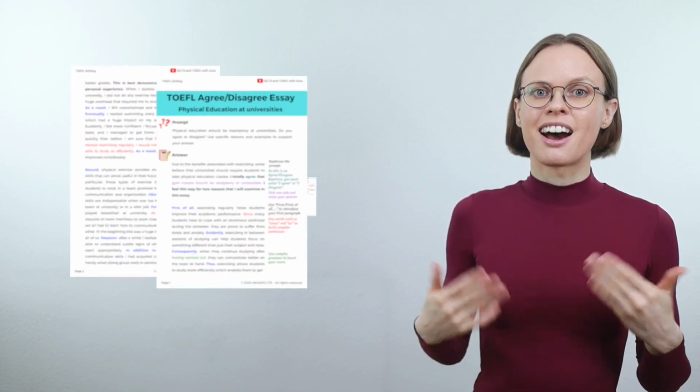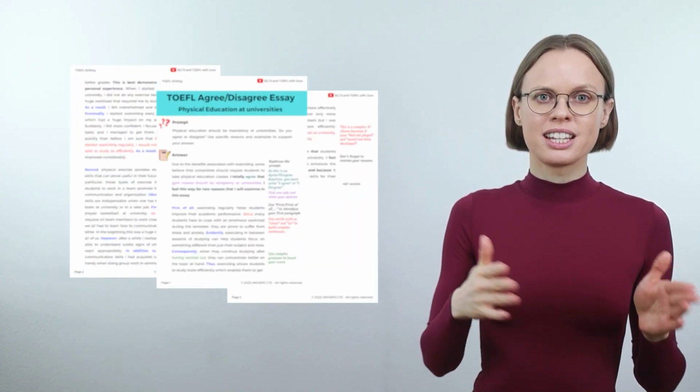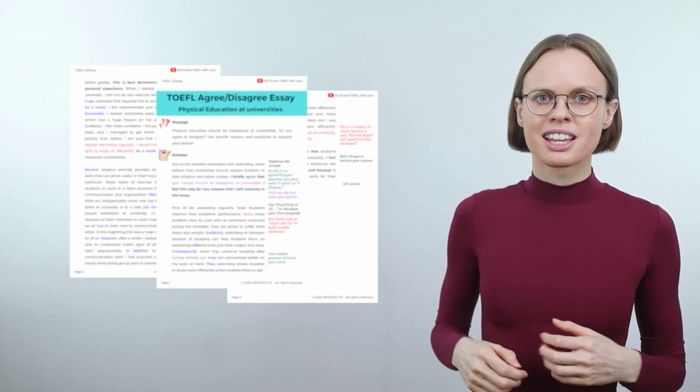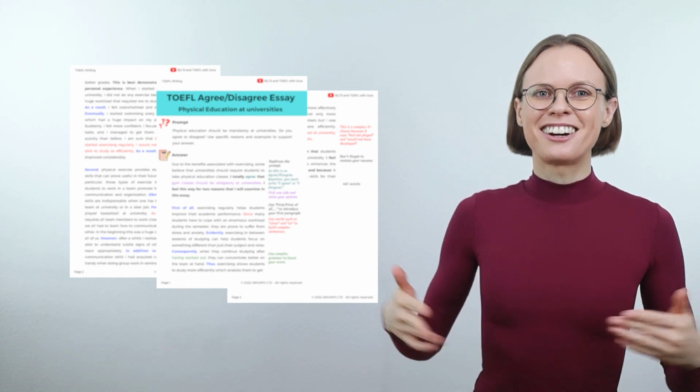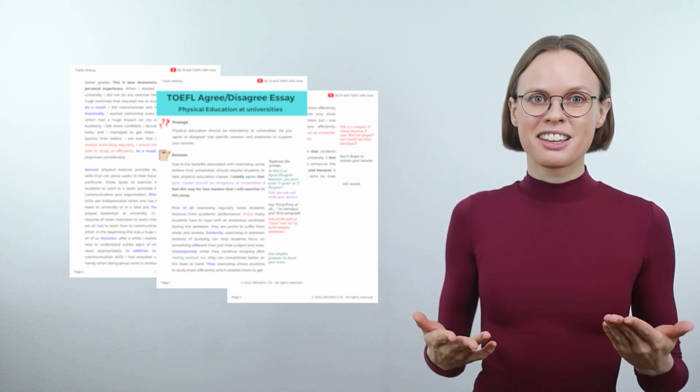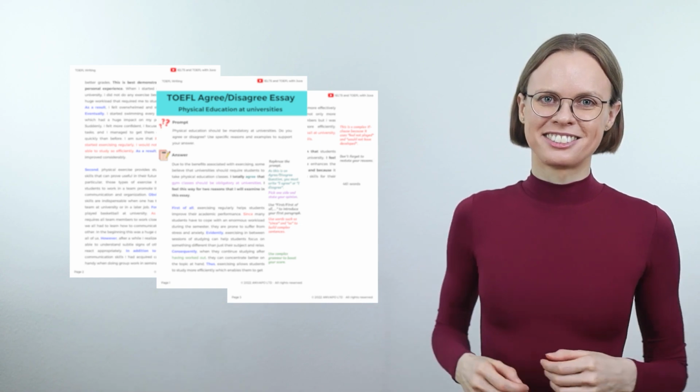If I agree, I can use the template I created for agree-disagree style questions. I think templates are great because they give you great sentence starters. You can structure your essay well with a template and save time to think about your reasons. Here's what I wrote for the introduction.